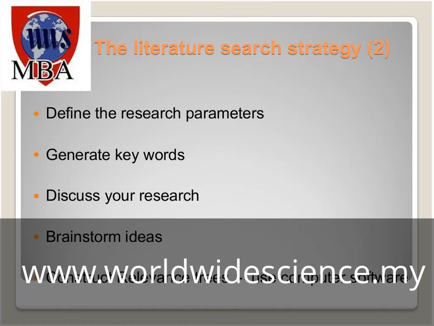For example, some people read and put it on the table, and then read and put on the table, and at the end they cannot manage them, they cannot arrange all of this information in their research. So while you read the literature, you should use one of these methods